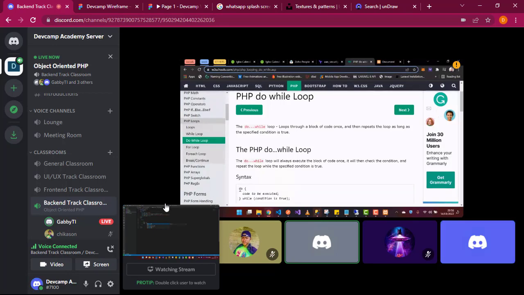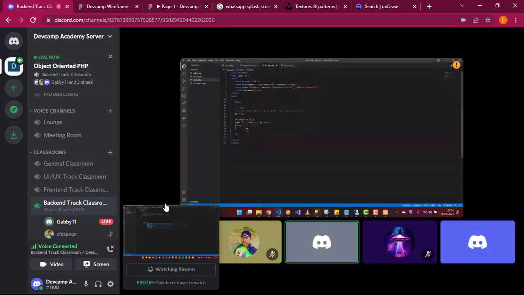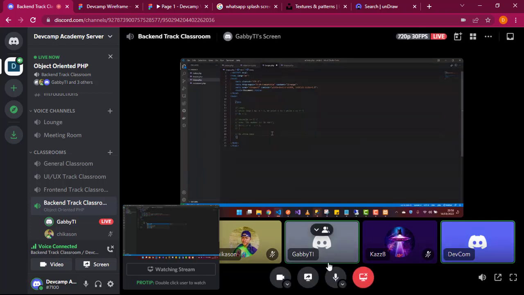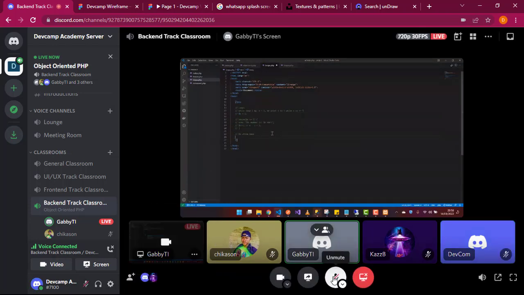So now let us see an example and explain the difference between the do while loop and the while loop. This while loop first. Do